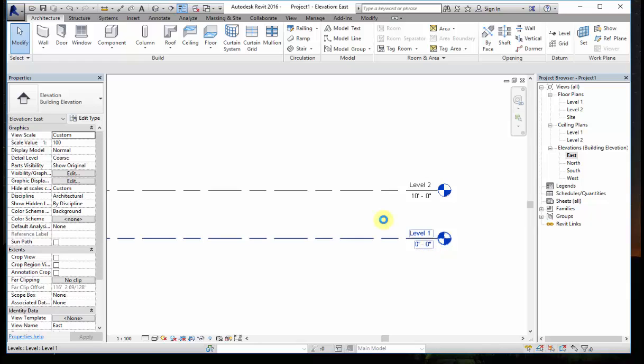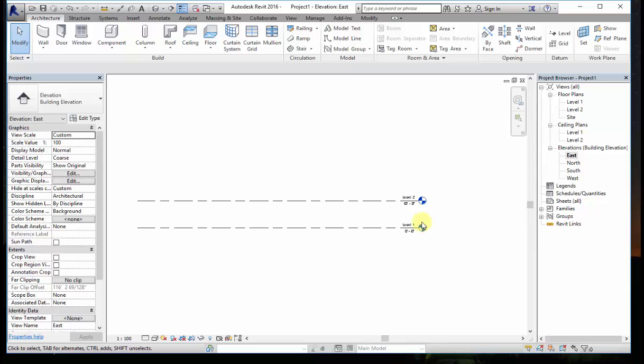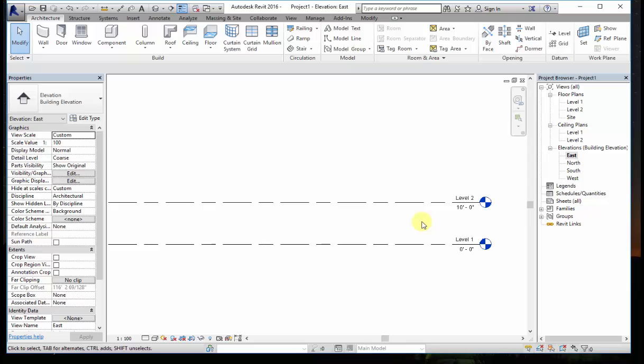Now I'll show you an example of how to create the levels when you are going to place a model of a duplex. The same procedure will be followed if you are going to create a single floor building, an apartment, a commercial building or anything else. After you go to any one of the elevations, go to Architecture. Next, in the ribbon bar, in the bottom panel, you have the option of Level. Just click on Level.